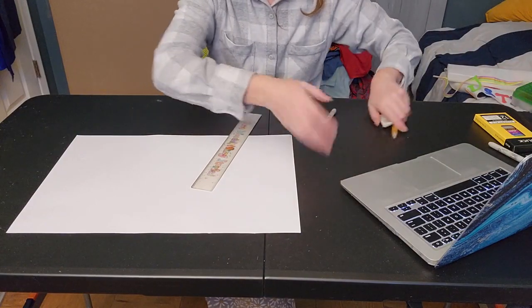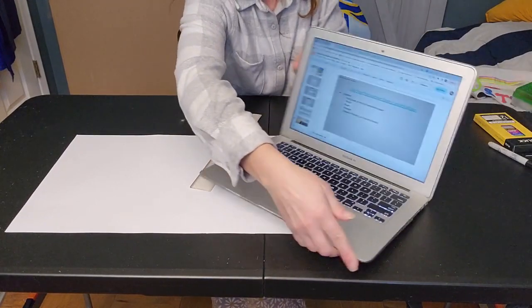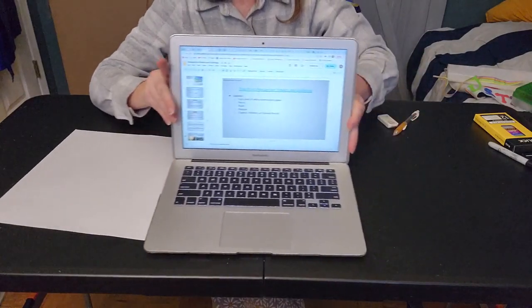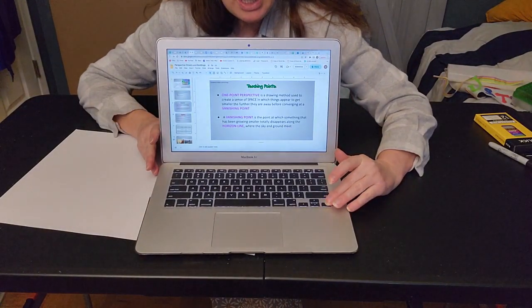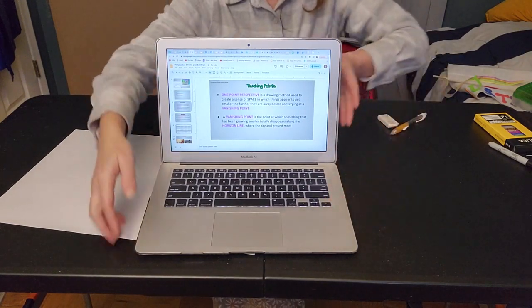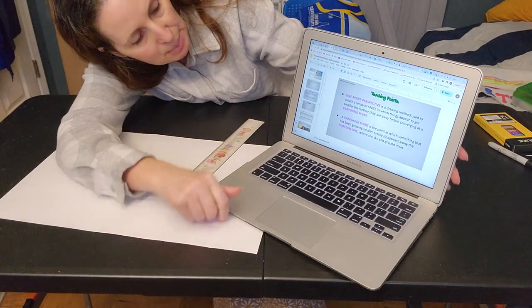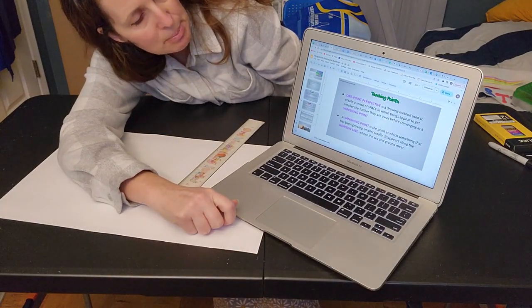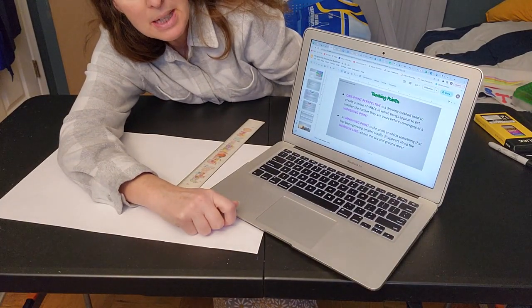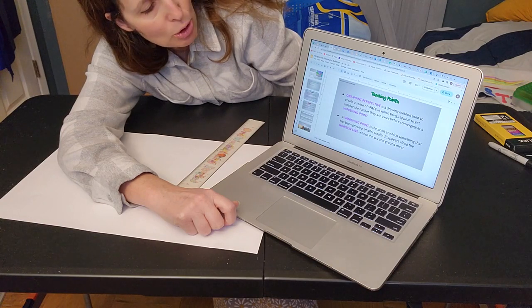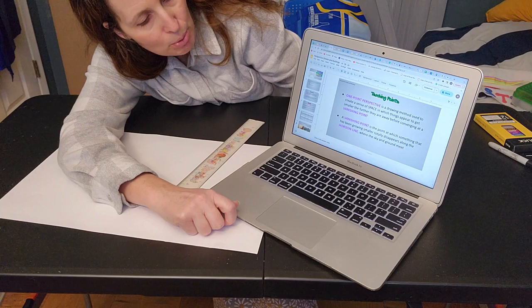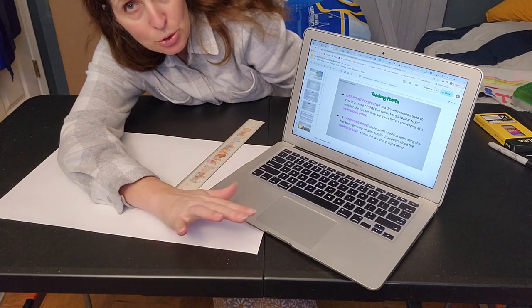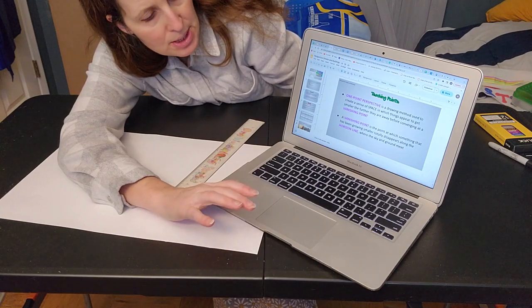Now, once you open up the choice board, I'm going to turn my computer around. So we will have our teaching points. We are going to learn that 1-point perspective is a drawing method so that you can create a sense of space where you draw lines that go to a vanishing point. And a vanishing point is the point in which something that's drawn towards the horizon seems almost to disappear right